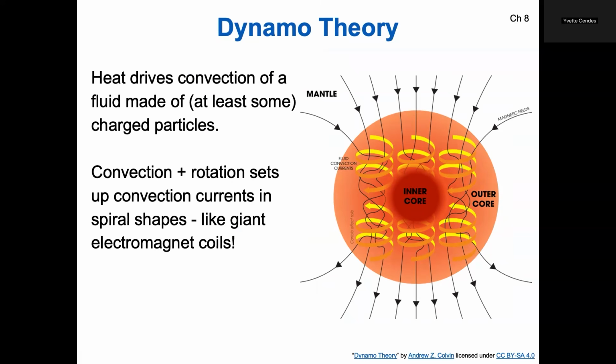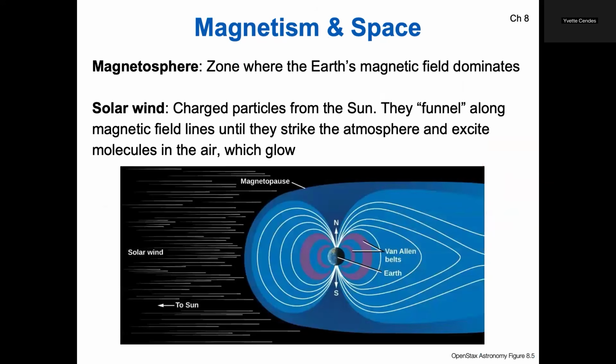So once a day, this dynamo is rotating. And the convection and rotation sets up basically what is the equivalent of a giant coil in our planet due to this liquid ball of iron. And that is what creates our magnetic field. So what this dynamo then does, beyond just having us have compasses that work on Earth, is create a magnetosphere